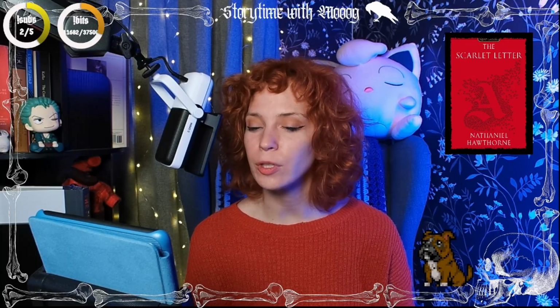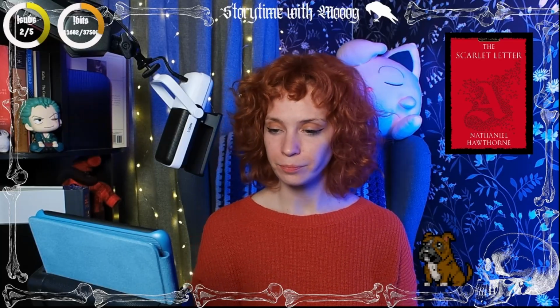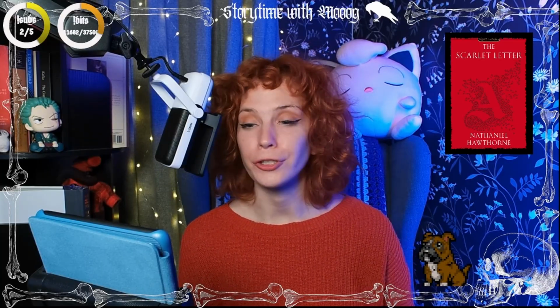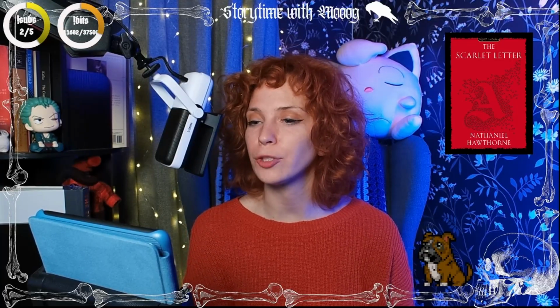There was a murmur among the dignified and reverend occupants of the balcony, and Governor Bellingham gave expression to its purport, speaking in an authoritative voice, although tempered with respect towards the youthful clergyman whom he addressed. "Good Master Dimmesdale," said he, "the responsibility of this woman's soul lies greatly with you. It behooves you, therefore, to exhort her to repentance and to confession as a proof and consequence thereof."